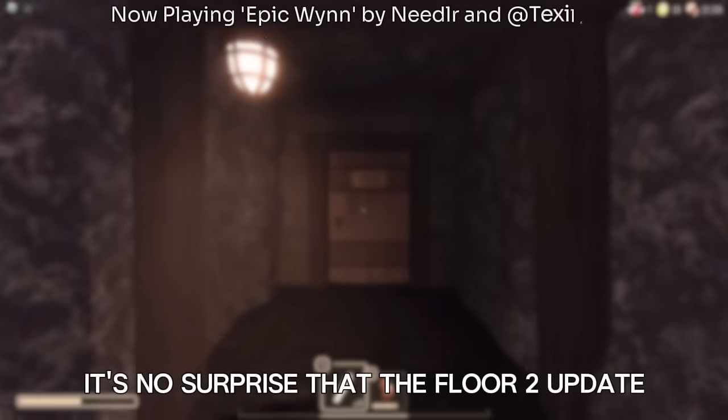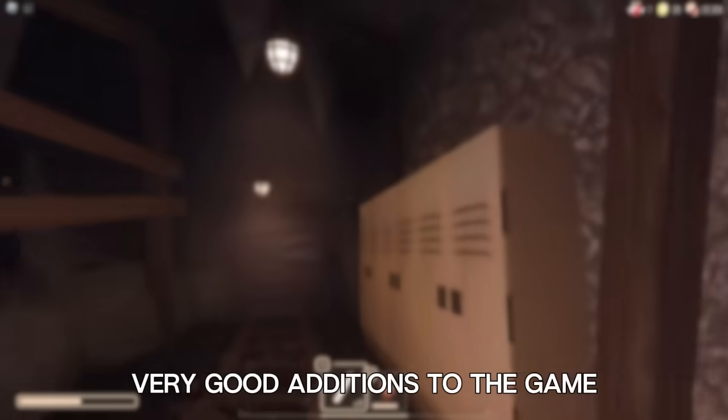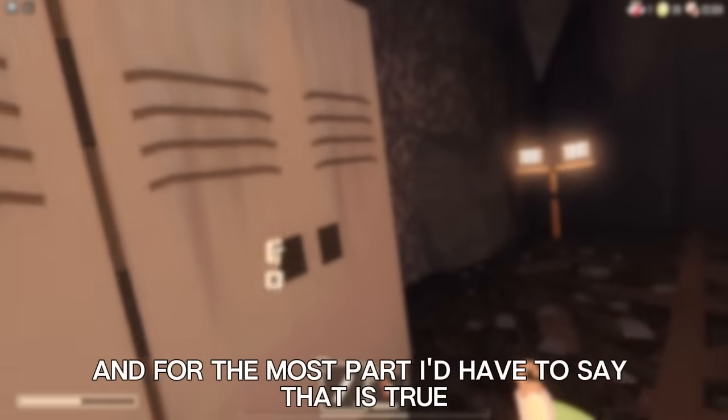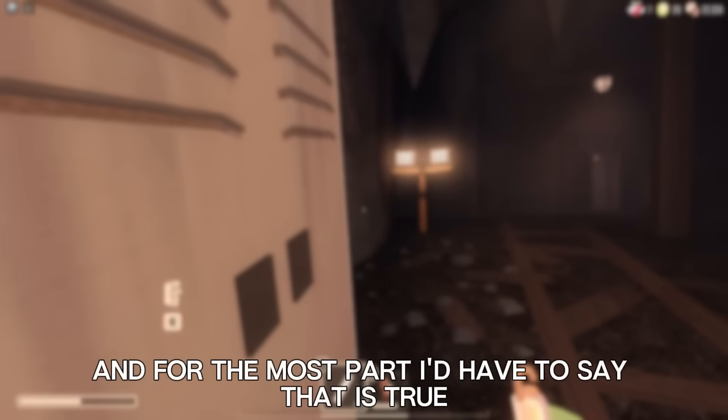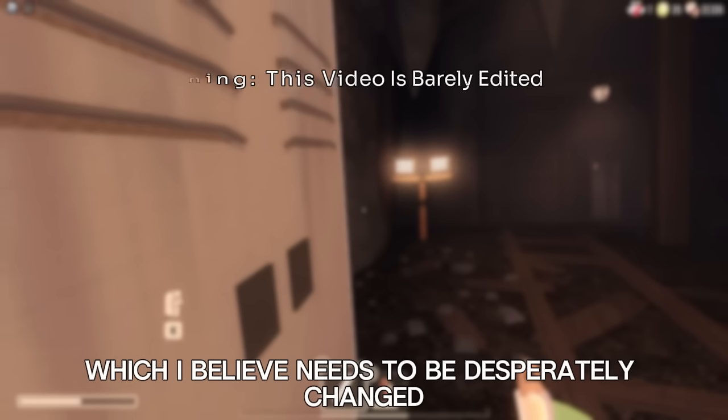It's no surprise that the Floor 2 update in Roblox Doors is generally considered to have introduced very good additions to the game, and for the most part I'd have to say that is true. However, this update introduced something which I believe needs to be desperately changed, and that is the balancing, more specifically